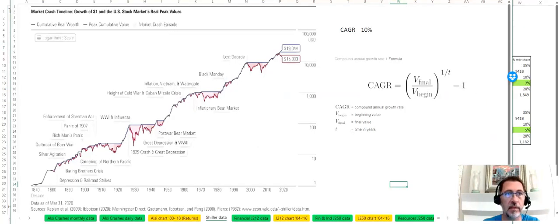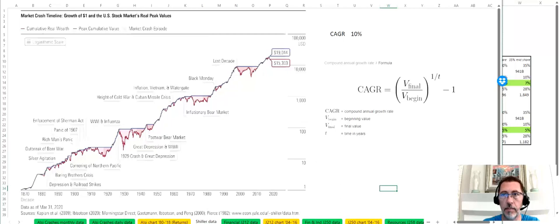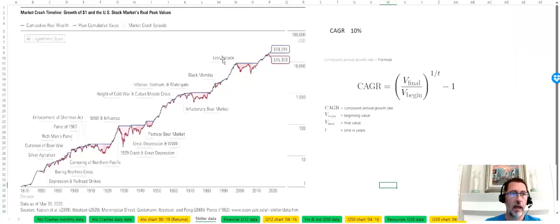Let me bring that into screen here. And here you can see this is the US market from 1870 to 2020. You can see major events that happen in the market, but the reality is there is a certain cumulative average growth rate that can describe this curve.